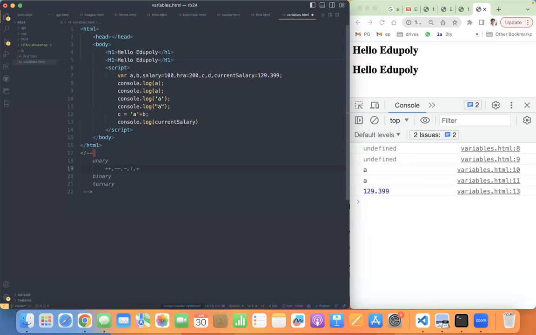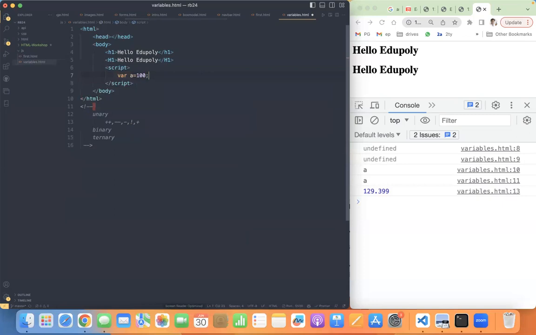These are all different unary operators we have. Shall we see that? So now I have A is equal to 100. Only for your simplicity I am using A. So I said A